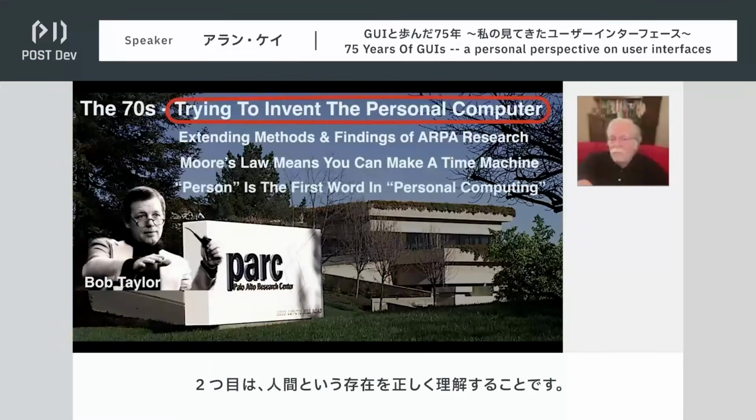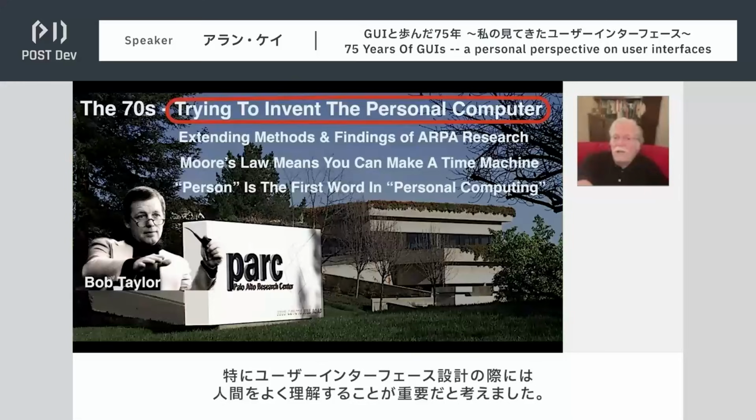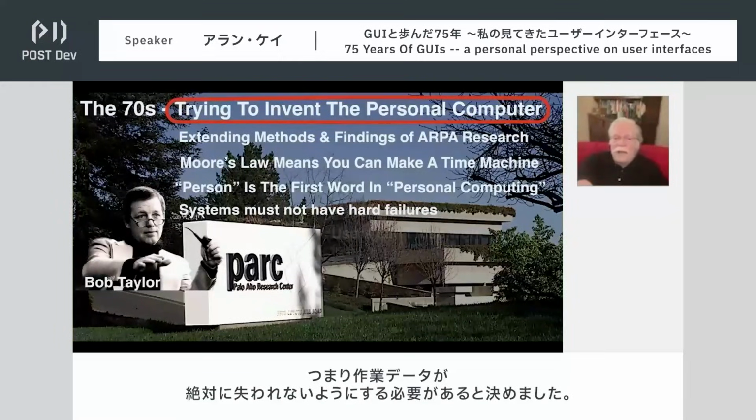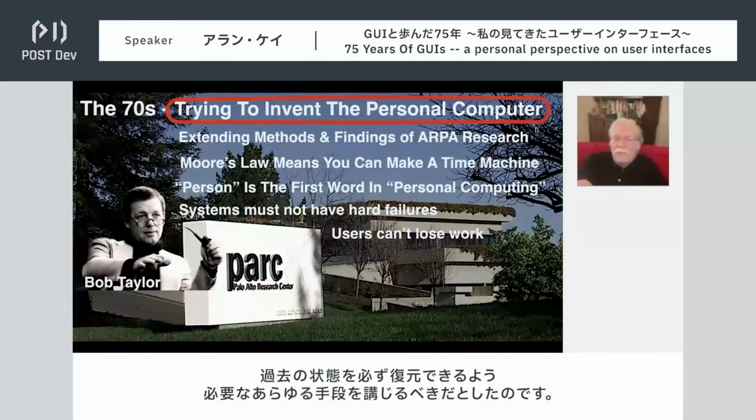Then the second main thing was to pay attention to who human beings really are, to try and understand human beings much better when designing systems for them, and especially the user interface. So we decided that systems should never have a hard failure, meaning you can't lose any work ever. You have to do whatever is necessary to always be able to recover some past state.